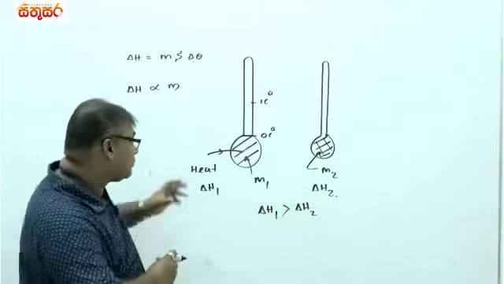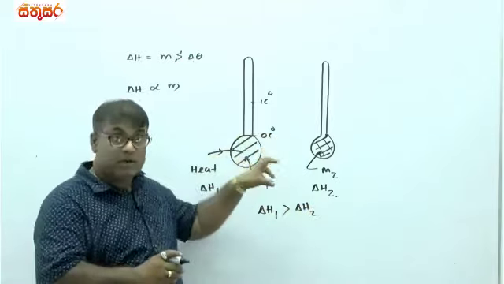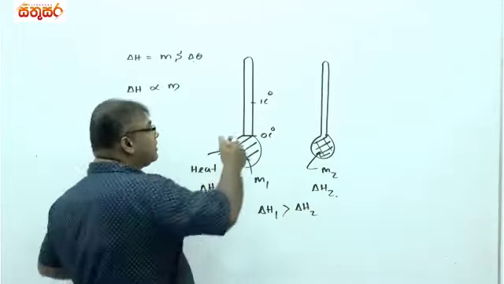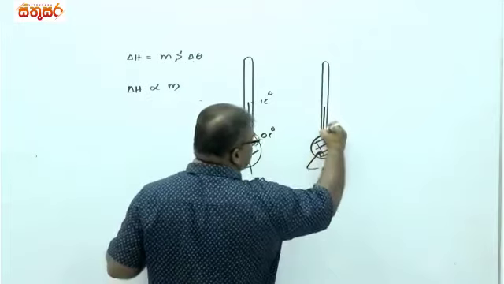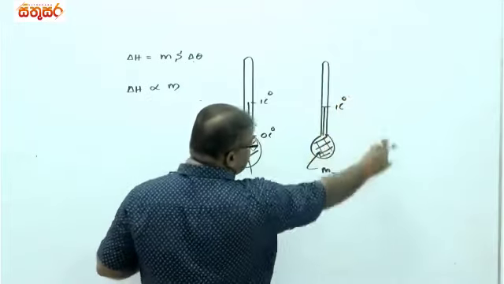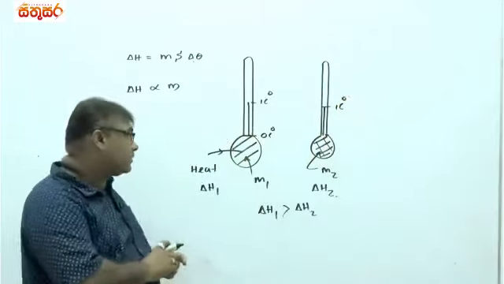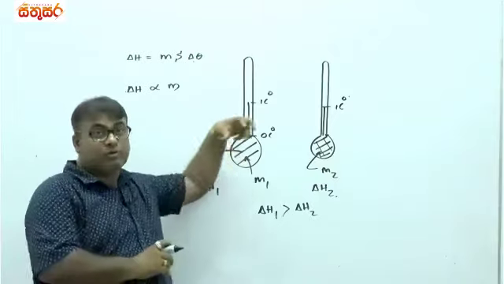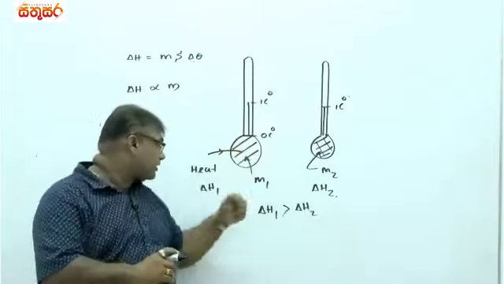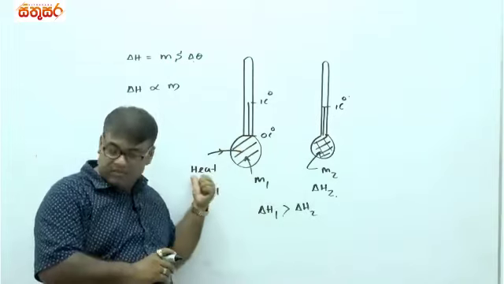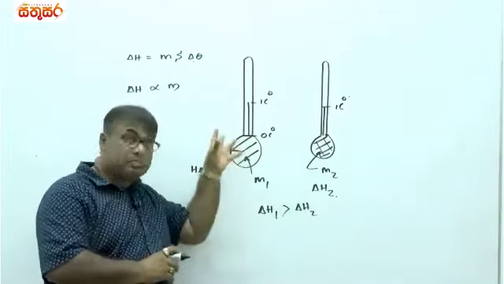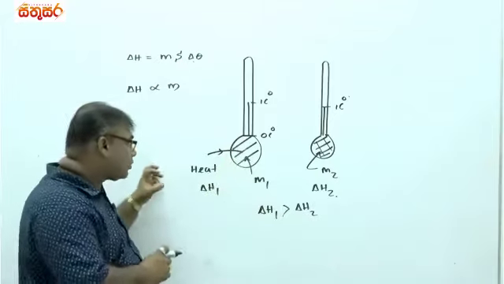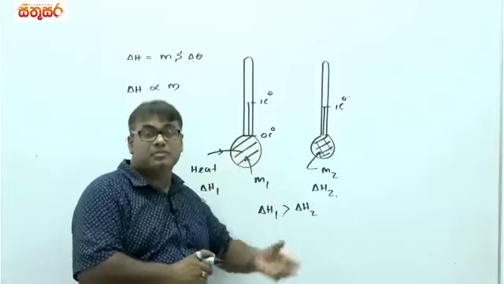Large heat must be absorbed to register the reading, yet both are registering just 1 degree Celsius. Clear with that? Yes. Same temperature variation, but the heat absorption by the large mercury bulb